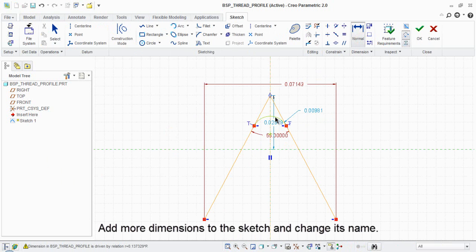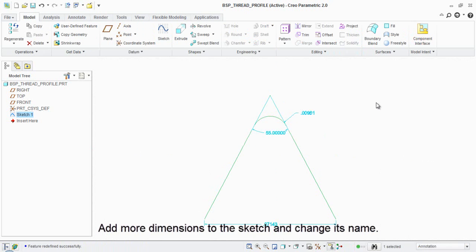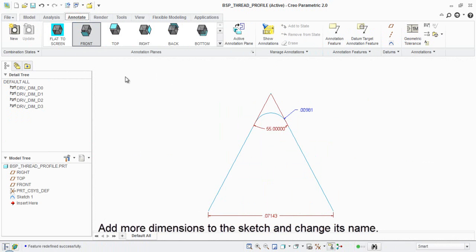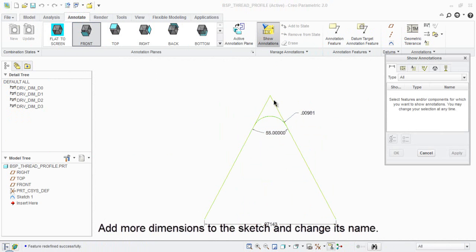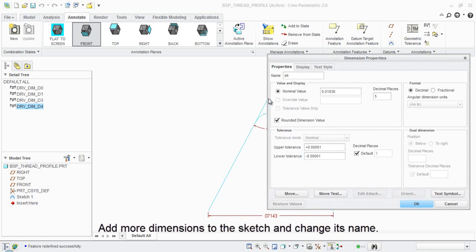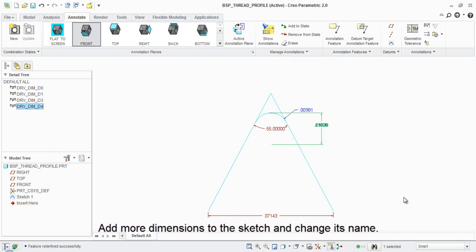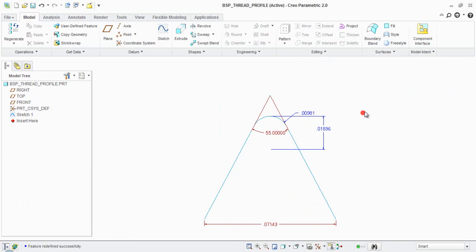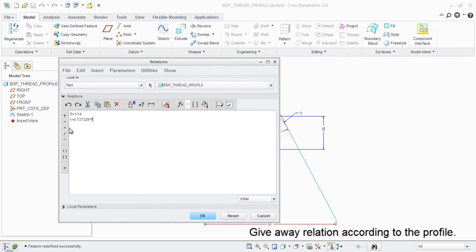Add more dimensions to the sketch and change their names. Give the relations according to the profile.